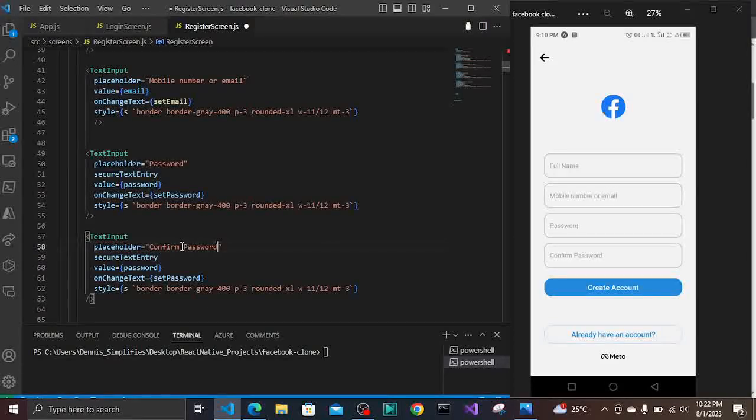And then again, secure text entry. Then we can change this to confirm password, and you change this one to set confirm password. So set confirm password. Then we have to go for our use state. So for the use state, we go to the top,